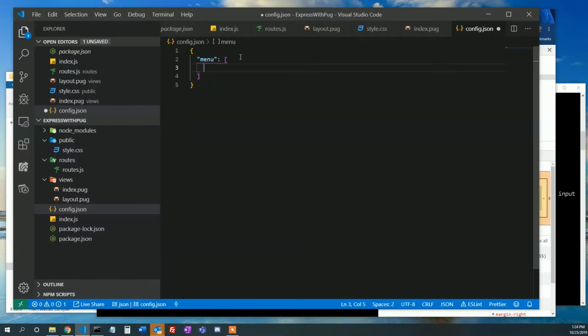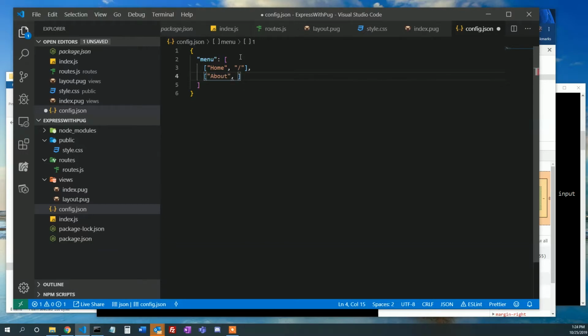So in each element of the array, it's going to contain another array. And so we will have home, and we're going to put the name of it, what's going on the button, as well as the path, which is where it sends you. So when you hit the home button, it's going to send you to /, which is the home, or the root link. And then we'll have